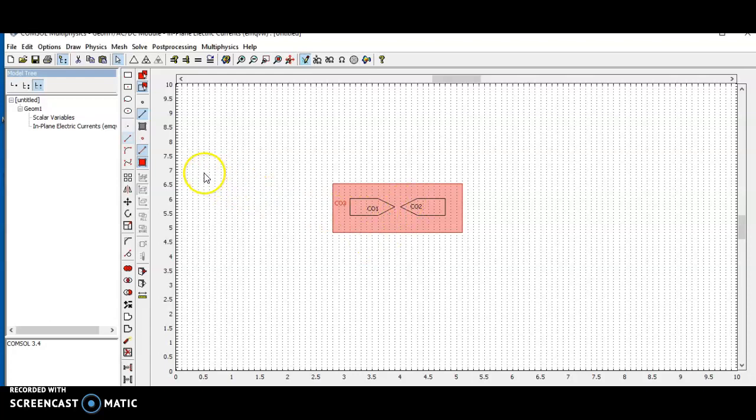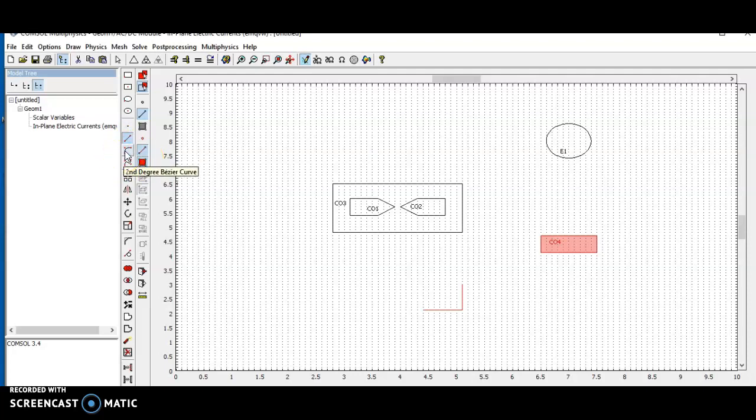If I want to design a sphere electrode, simply click the sphere and choose it. This is a sphere electrode. Now if I want to draw a plate electrode, just click the line and draw a line. This is a plane electrode. Then here there is a new option, so we have to choose a